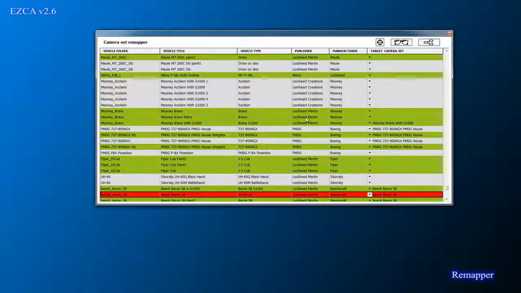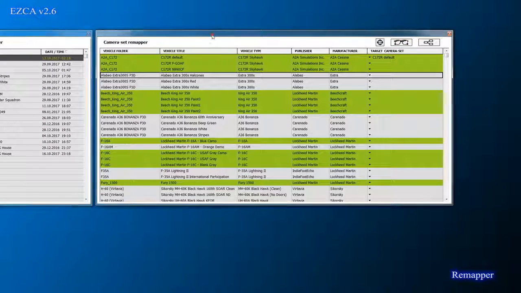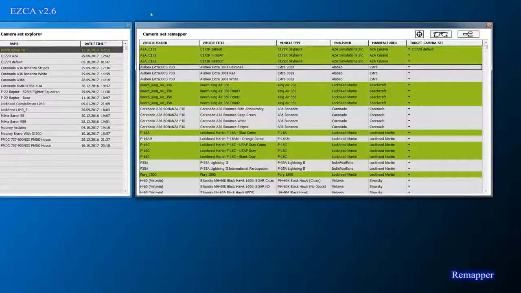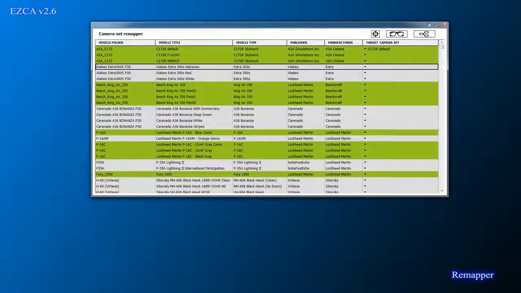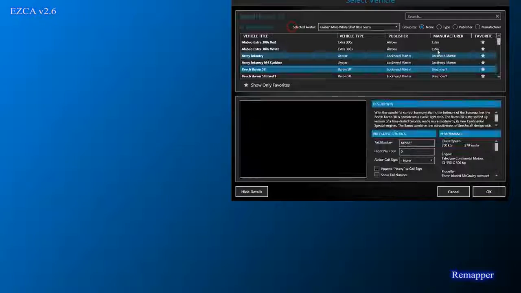the version 2.6. We can watch what happens in case you have just installed a plane and there is no existing camera set to it, as well as there is no reassignment to another camera set in Remapper. For example, there are no camera sets for Extra 300S. And now let's upload the plane. I will close the Remapper and open Prepar. We'll choose Extra